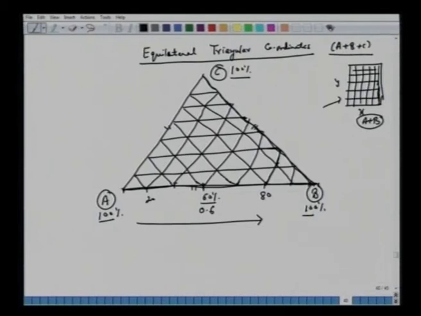Similarly on this side, you will see the levels, say 10, say here 40. In some textbooks, you will see that it's reversed, like 60 or 90 here. So you should be careful: when you're writing like this, A is 100% here. When you march in this direction, A is less and C is more, till C becomes 100% here. So this 40 represents 40% of C and 60% of A. A increases in these directions and C decreases in these directions. Similar argument for B and C. So it's required that you become familiar with this.